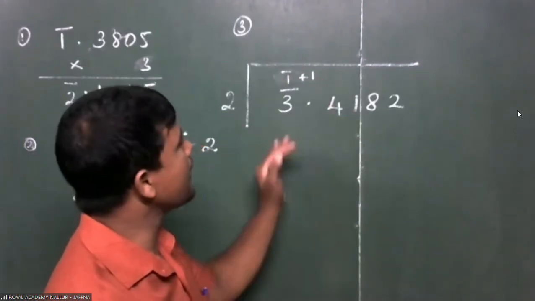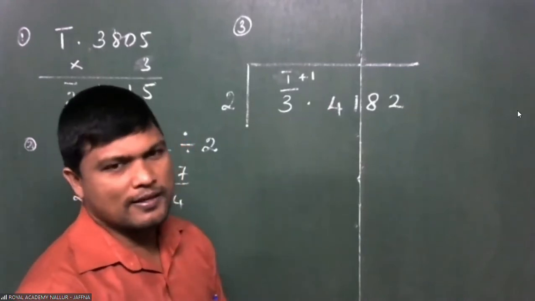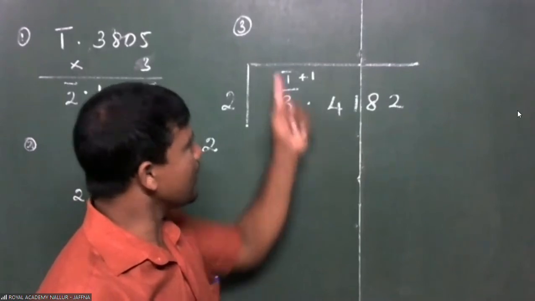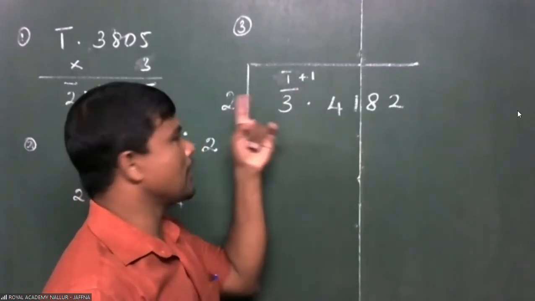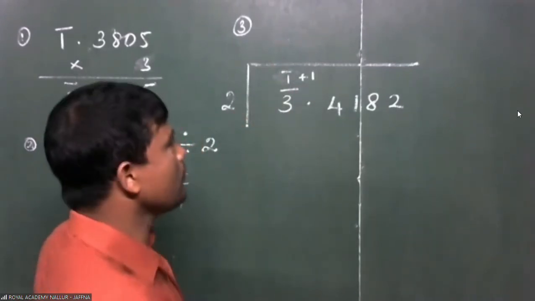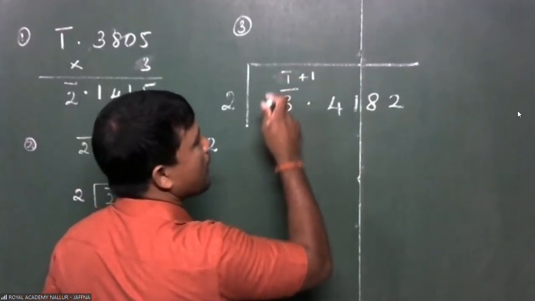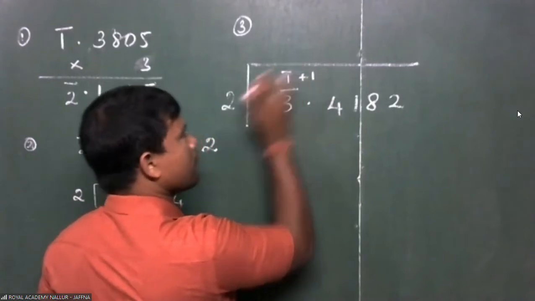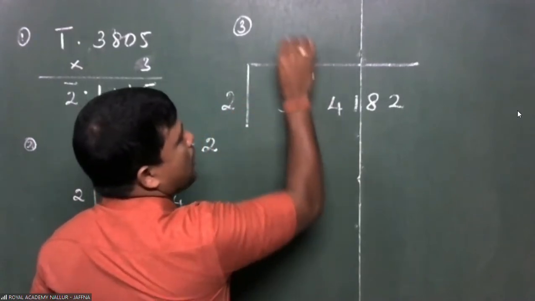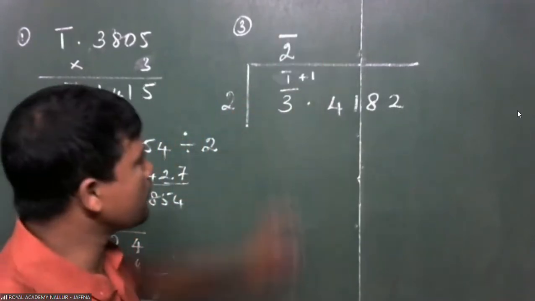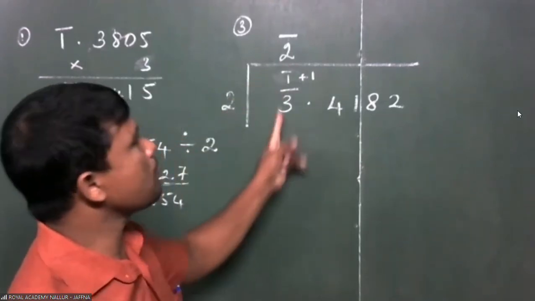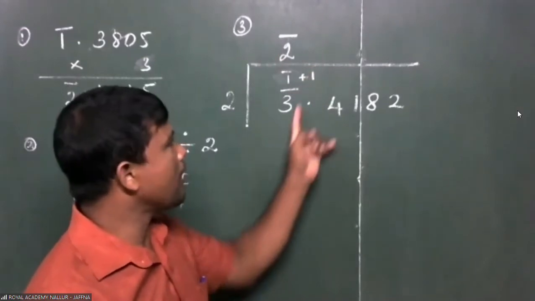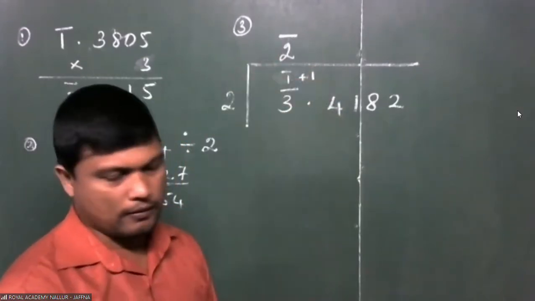So, for making this simplification easier, first we make this bar 3 as bar 4 because it is a multiple of 2. Now we had bar 3, we have given bar 1, totally it is bar 4. Then out of bar 4, 2 is bar 2 times. Therefore, it's clear, 2 times bar 2 is bar 4.